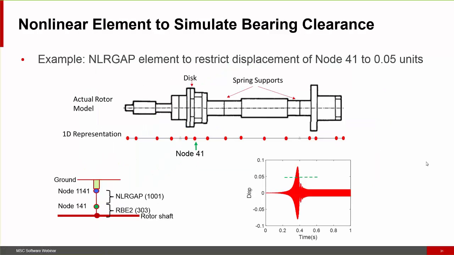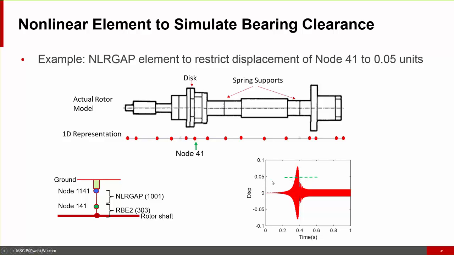Another aspect, we talked a little bit about nonlinear bearings. So we have the ability to, for instance, here use NLRGAP, which would be interesting to use in a scenario where you have a clearance issue, for instance, or a rubbing issue. So you can say, well, I know this rotor responded this way when it was isolated, but now it actually is within a casing or within a bearing, but the displacement is going to be cut